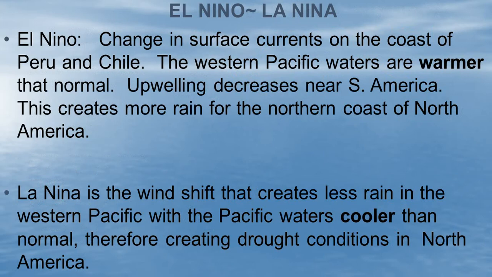There is a similar but opposite effect, when we have cooler waters coming off, and we call that La Nina. It's a complement to El Nino: little boy, La Nina, little girl. What happens here is the water is cooler, and it creates drier and cooler conditions in North America. So we can have droughts. Once again, they only predict this after they test the temperature of the waters.